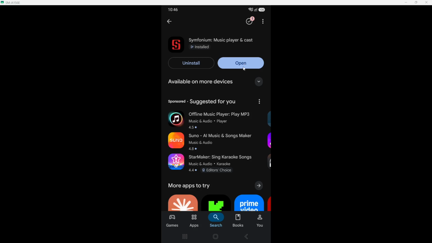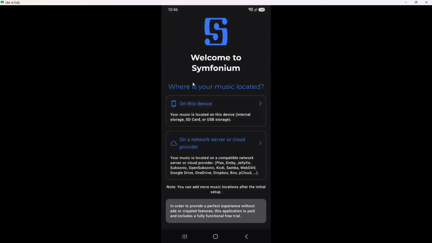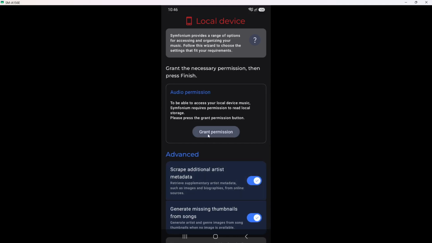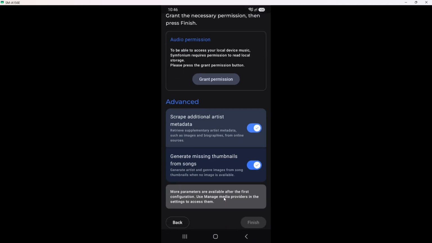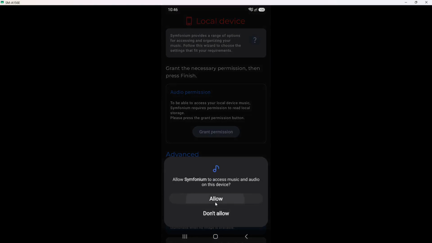Follow the on-screen setup to add your music sources. You can choose from various options like local storage, Plex, Jellyfin, Emby, and Navidrome. This flexibility allows you to access music from different platforms and storage solutions. Connecting to multiple sources is beneficial because it centralizes your music collection in one place, making it easier to manage. Also, you can connect to Subsonic-compatible servers and several cloud storage providers like Google Drive, OneDrive, and Dropbox. This variety ensures that you can integrate your music from wherever you store it. Each source offers unique benefits, enabling a richer music listening experience.